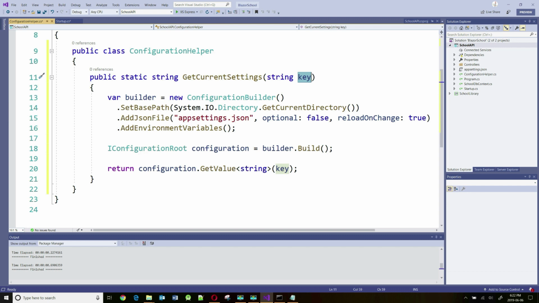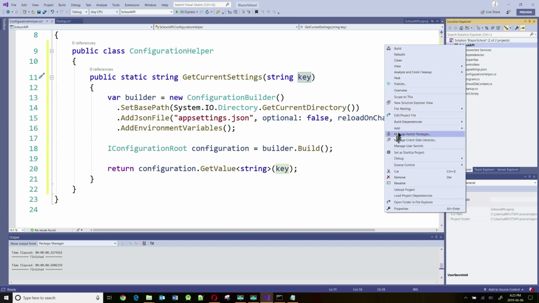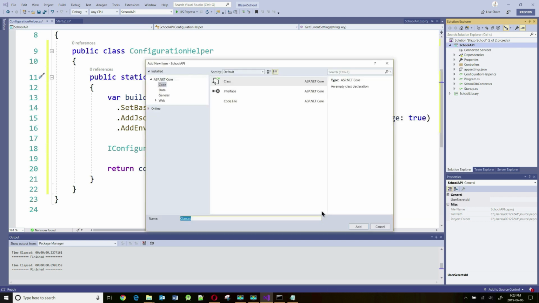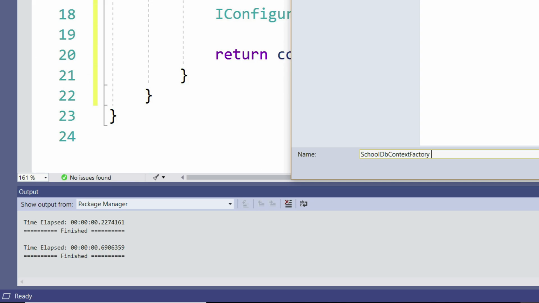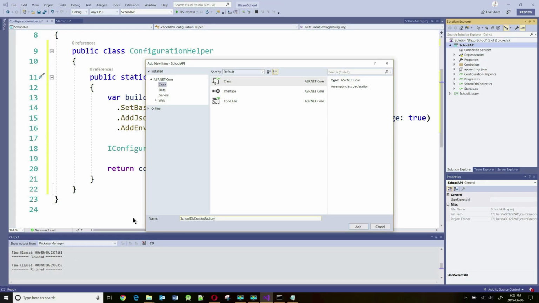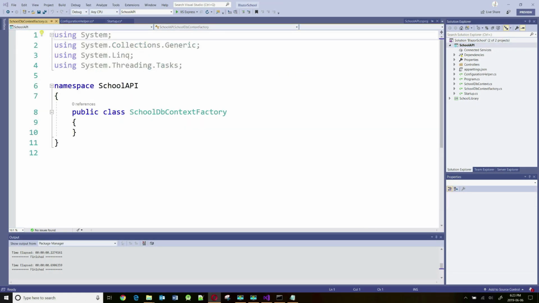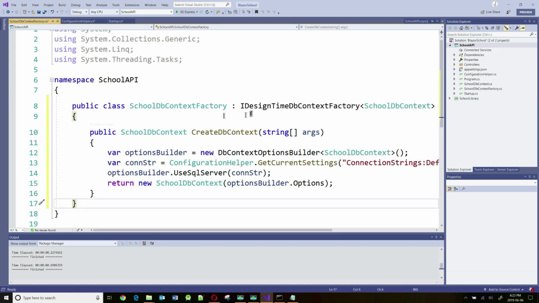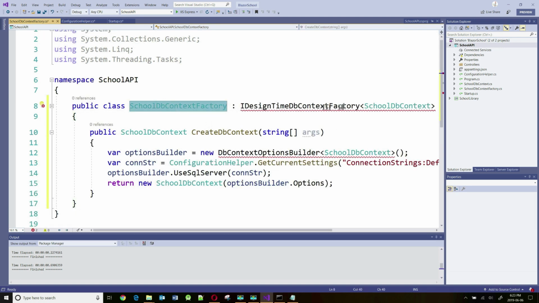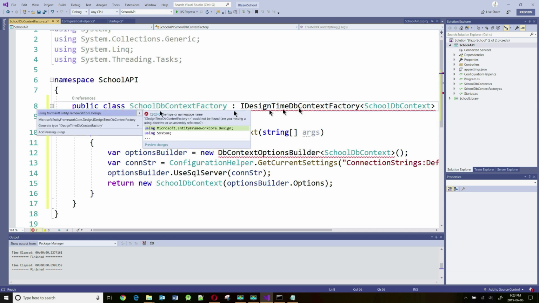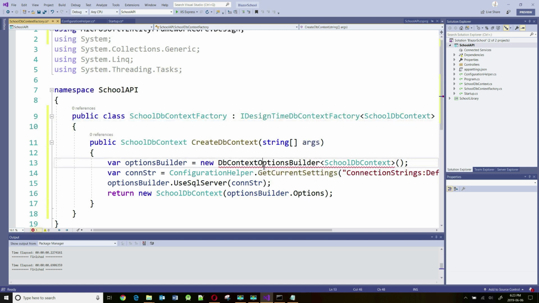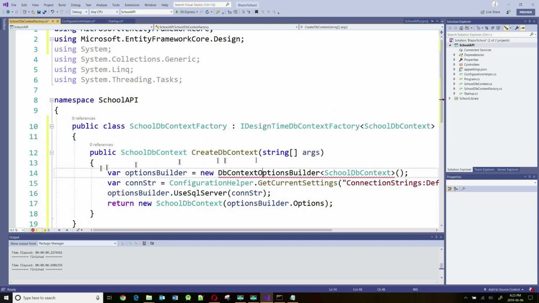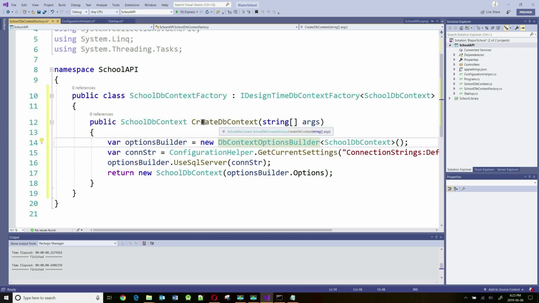The next thing I want to do is create a DbContextFactory class. I'm going to add a new class here, and I'm going to call it the SchoolDbContextFactory class. There you go, add. Now the code for this is as follows. This is a class that inherits from the IDesignTimeDbContextFactory class, and it's got a method called CreateDbContext. Take some arguments,